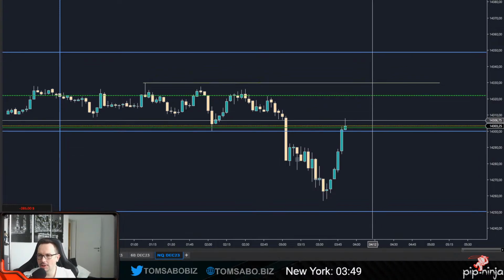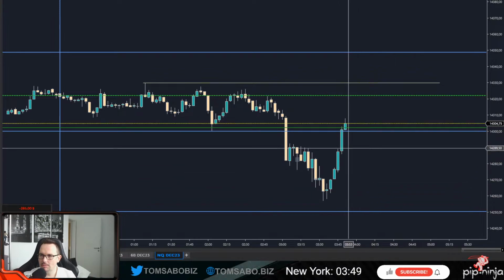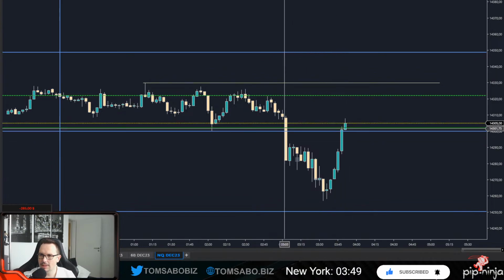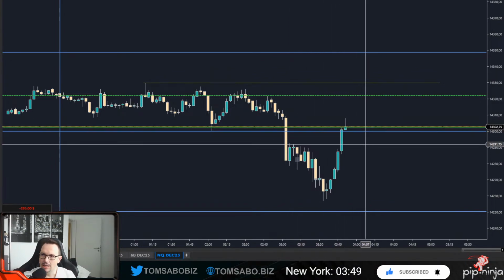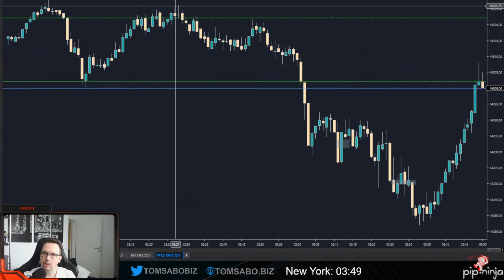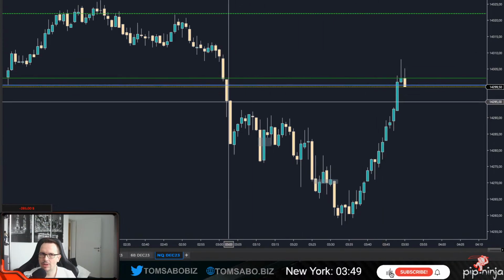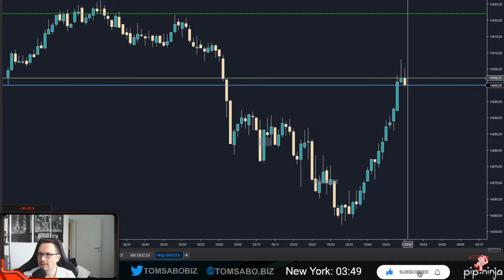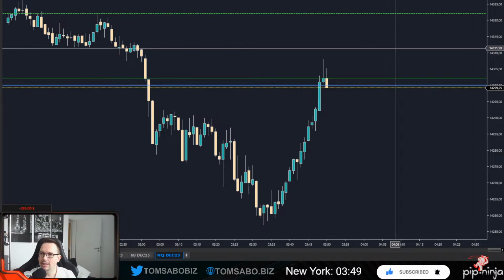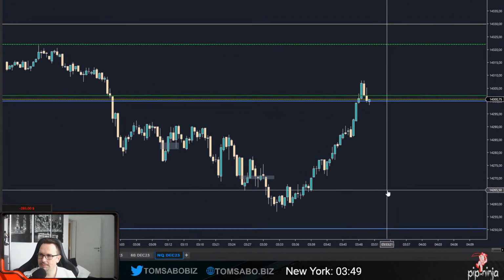I would not go long here. I would still wait. This could be just repricing this CB, sell side imbalance, buy side inefficiency, and then boom, go down again. This is a 3-minute chart. If I go to the 1-minute chart, you can still see it perfectly repriced this range right here. Now we can see this one to dive deeper. This is the 30-second chart again.